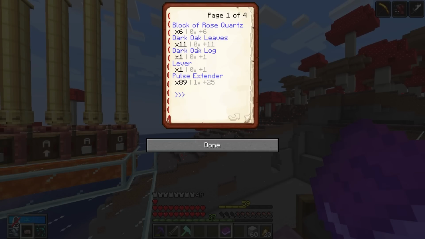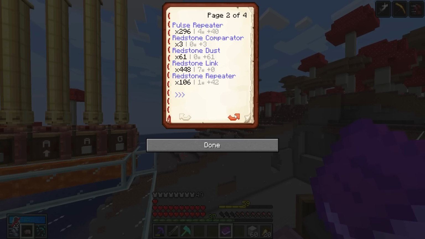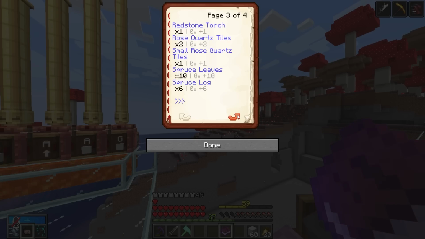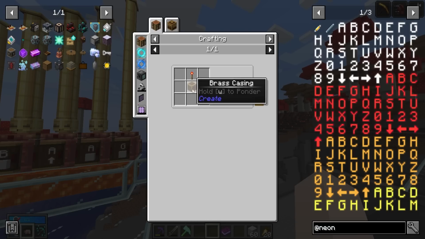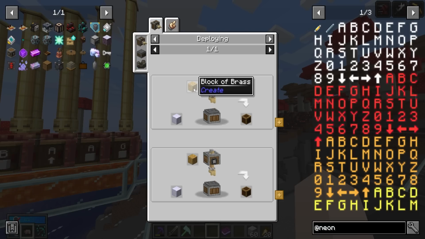Now we can ignore all the leaves and rose quartz. I accidentally grabbed part of the generator in my schematic. I'll show you guys in the creative world in a bit. But we need 89 pulse extenders, 296 pulse repeaters, 448 redstone links. Yeah, now keep in mind, it takes a brass casing to make redstone links, meaning we need